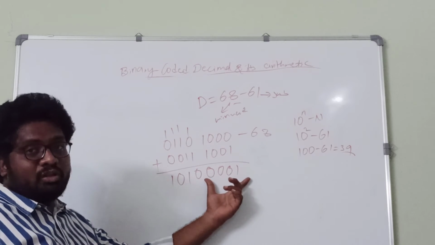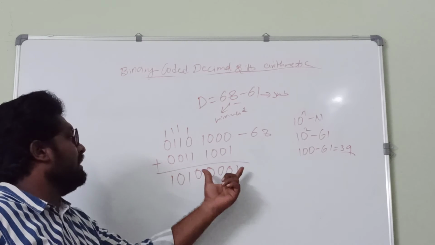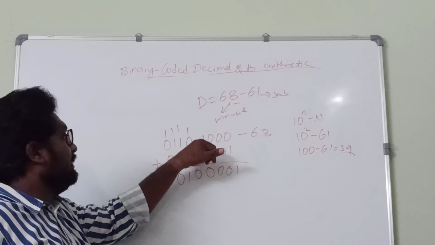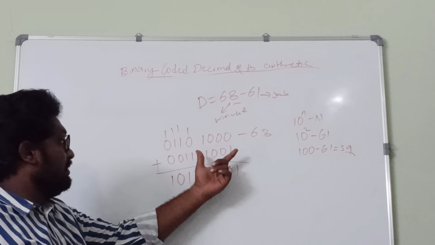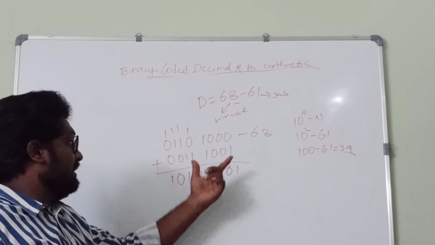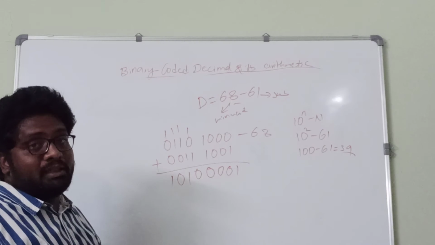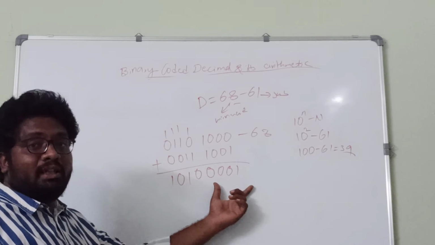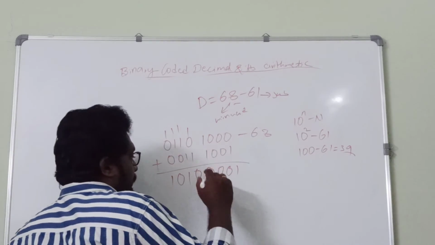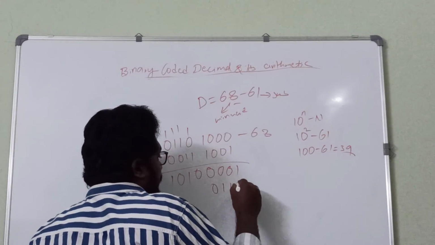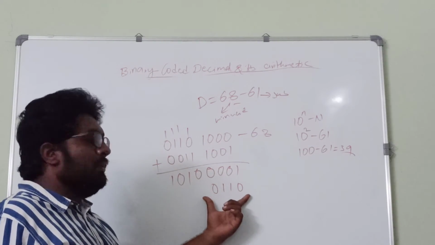See the rightmost nibble, 0001, looks like a valid BCD, but it is an invalid BCD. Why? At the MSB of this nibble, in 10001001, we got a carry and we forwarded that carry to the next nibble. So this is an invalid BCD. To make it a valid BCD, we need to add 6 to this number, so 0110 is added to this rightmost nibble.